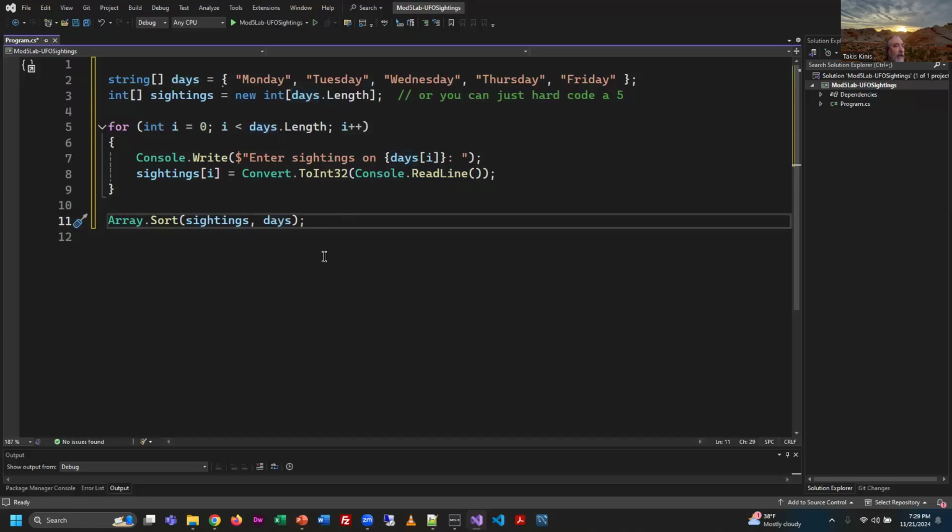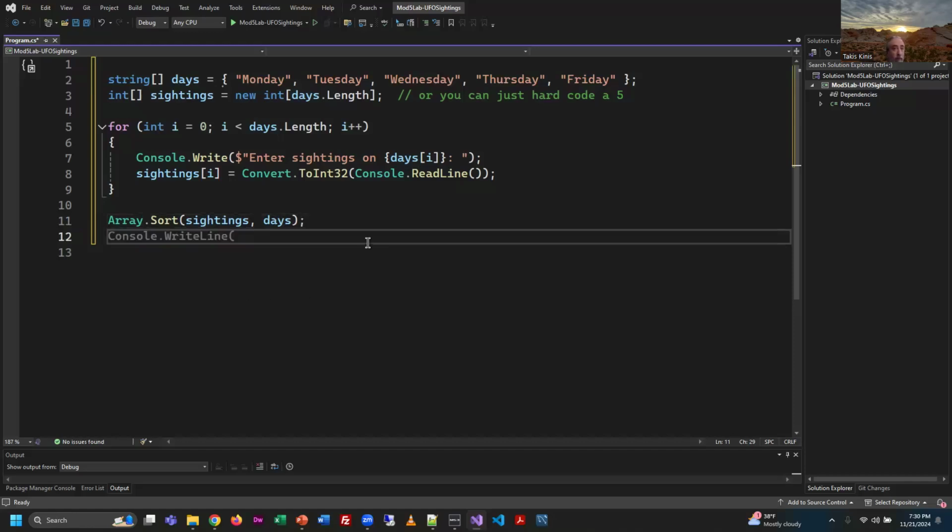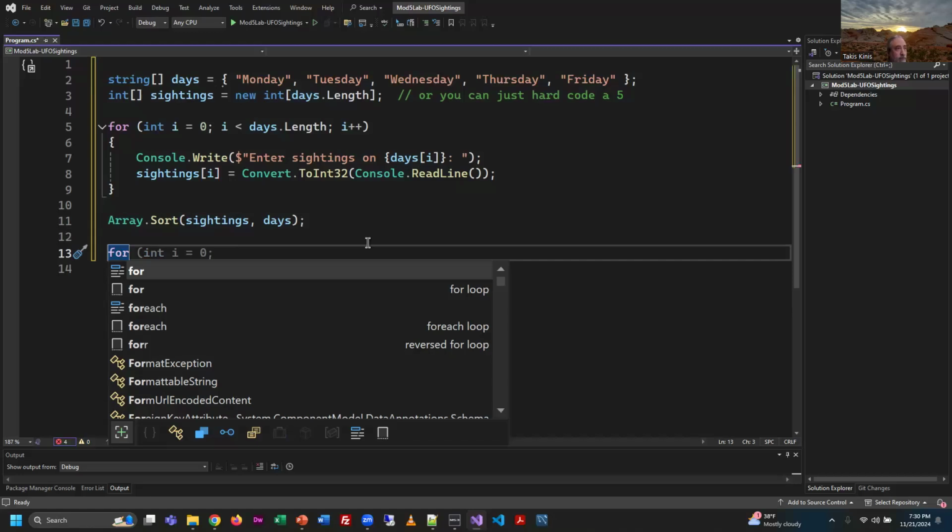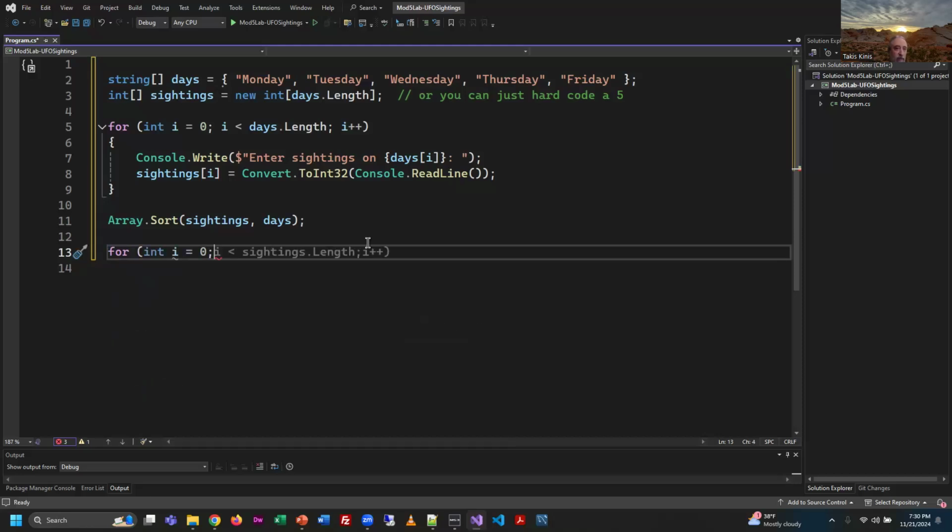All right. Now we need to go ahead and output this, right? So we start with a for loop. Once again, a repetitive process. That looks good. That looks good too. I'm just taking it, right? It's exactly what I would have typed. Oh, no. Actually, I'm not sure about that. Now it's saying for,